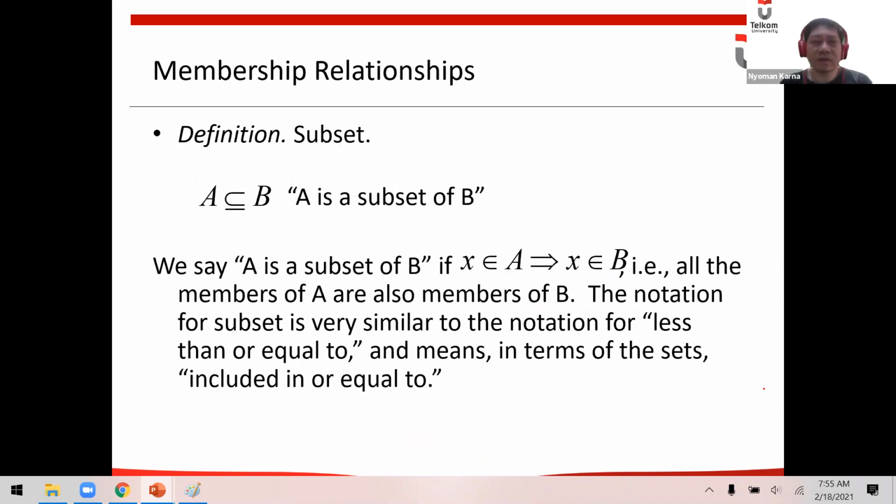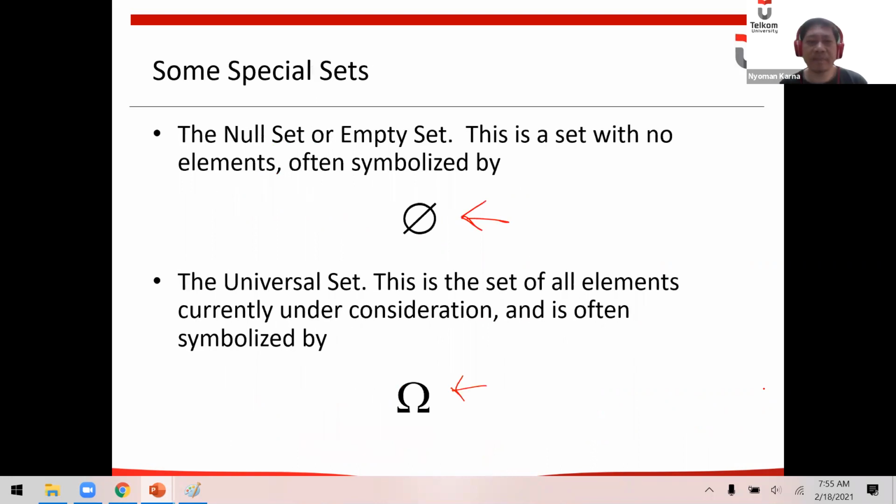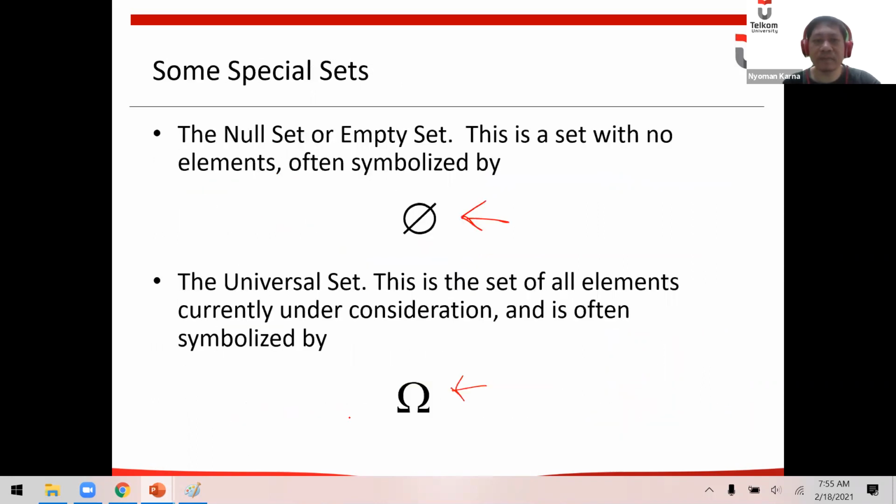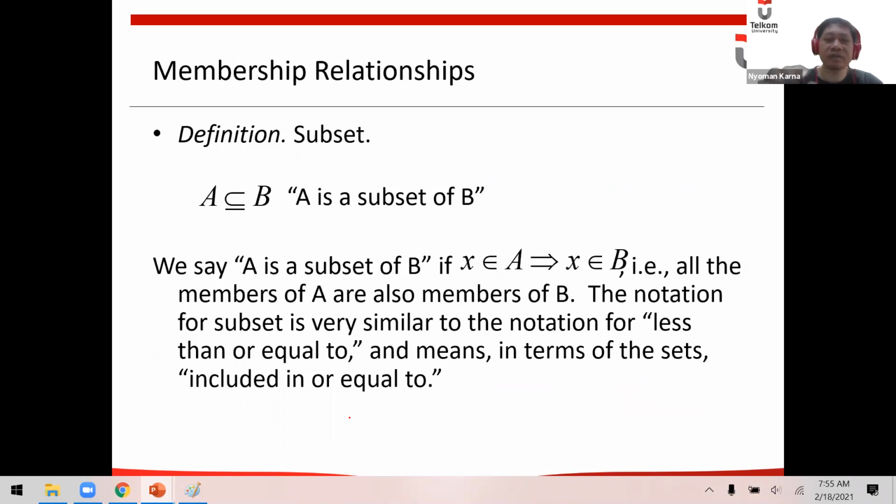And then we also have the relationship between sets. Remember, this is the relationship between element or object with a set. Now we're going to discuss the relationship between sets, one set to another. Here, first one is subset.